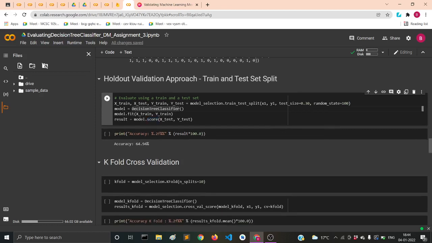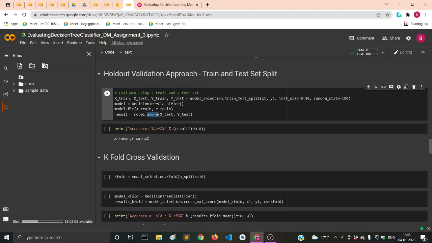Now behind the scenes, from what I know, the model.score method also calls sklearn's accuracy score method, with the same parameters, that is x test and y test, being passed. So it calls the same accuracy score method from behind the scenes, and in turn you are calculating the accuracy score. But yes, you can also directly call model.score, so it's also fine. You don't need to import the accuracy score from sklearn here.